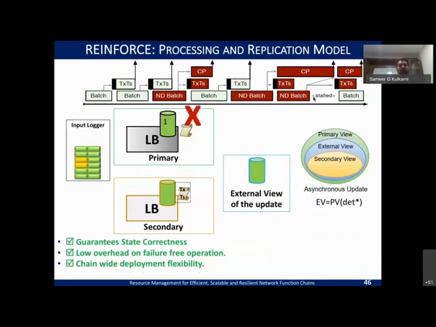Right? So this is how we are able to ensure correctness and ensure that it is low overhead, trying to achieve chain-wide deployment. Why? Because here, the only thing that we need is the input logger, and every node in the system, because of the symmetry that we have built, is a logger by itself, because until it is checkpointing and sending the packets out, this node acts as a logger, right? So you don't need any additional component other than the network functions themselves with a store that they are going to use for logging.